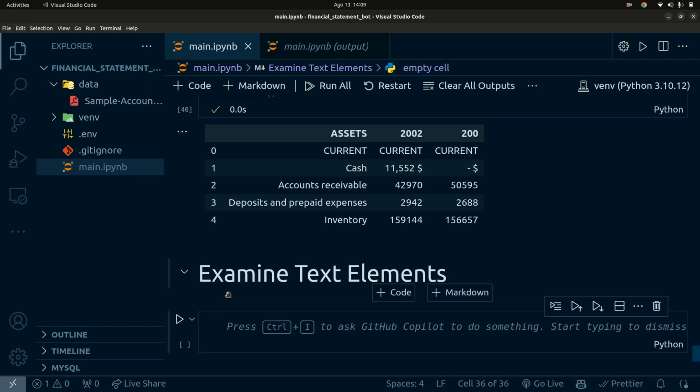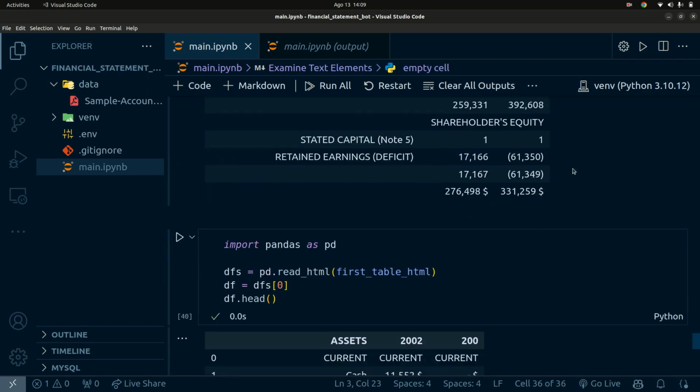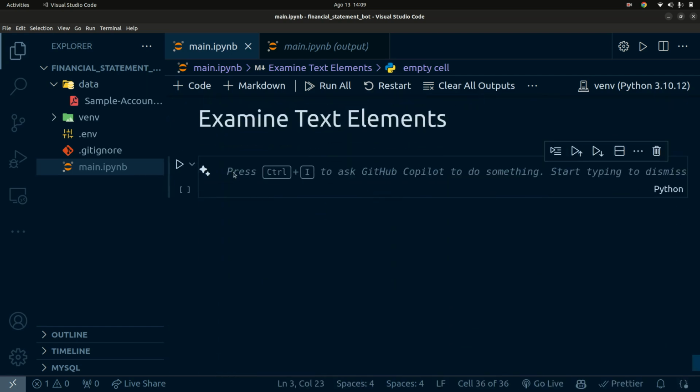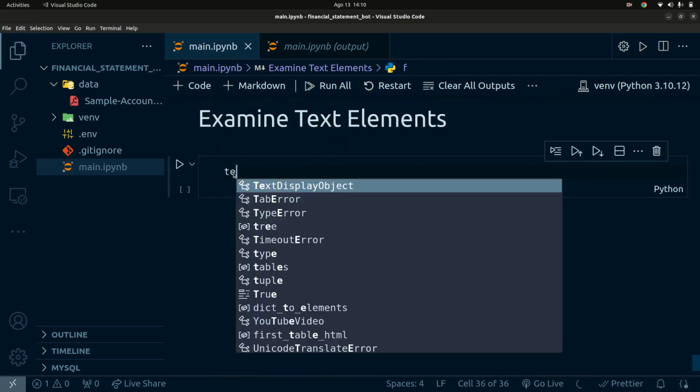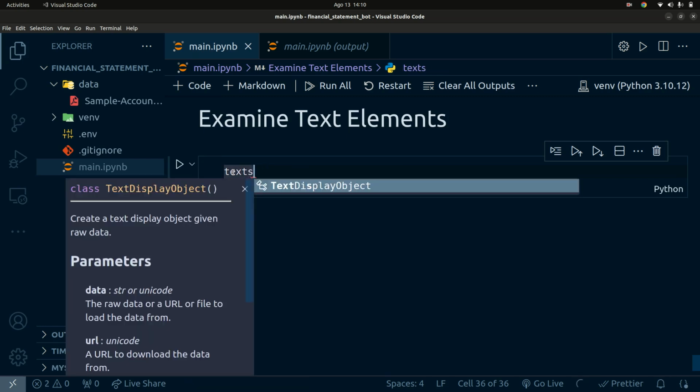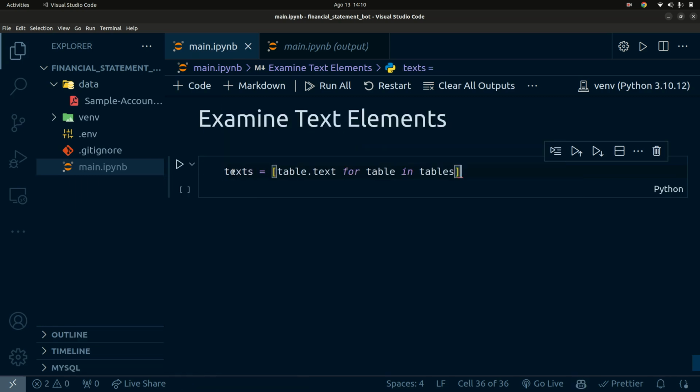So I'll look at the tabular elements. You can go ahead and minimize it if you want to, but let me just leave it open. Let's continue with it. So I'm going to say text is going to be equal to, and then from the table, you're going to do the following. I'm going to say L for L in elements that category equals to text is no, okay, let's,